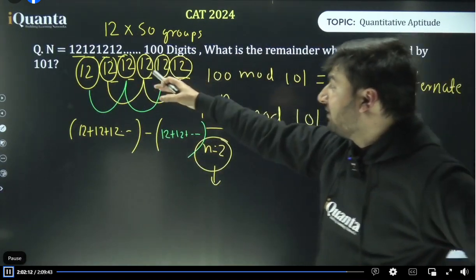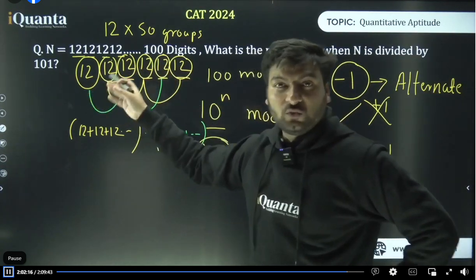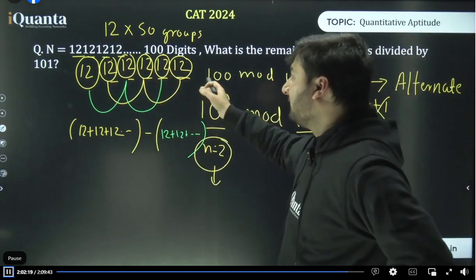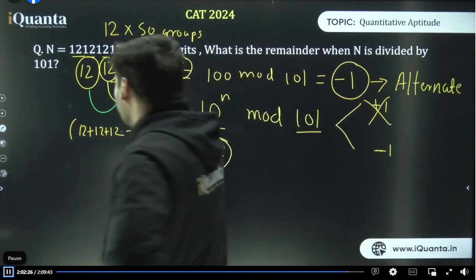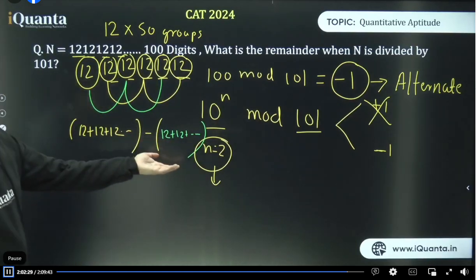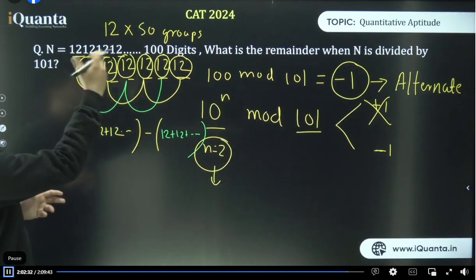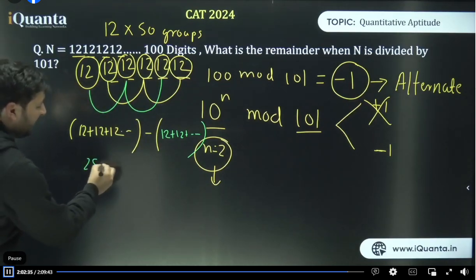Now in this question, I have 100 digits to be consumed. Numbers repeating are 1 2 1 2 1 2. So last few groups will be 1 2 1 2 1 2, right? So make group of 2 digits. I get 12 12 12 every time. So since I have 50 groups, and alternate sum and subtraction is going, there'll be 25 groups here which will